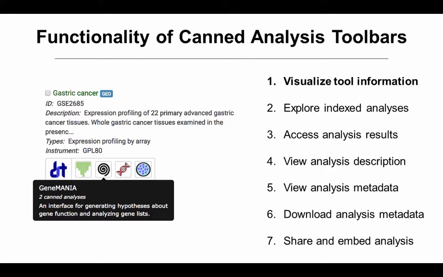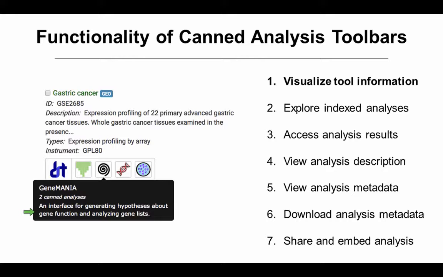below every search result, below every data set, we'll have a toolbar. The icons within this toolbar represent different computational tools which have been used to generate analyses based on the data set and which are stored in our database. By hovering over one of these tool icons, the user can visualize information about the tool, such as the tool title, the number of canned analyses associated to the tool dataset pair, and a brief description of the